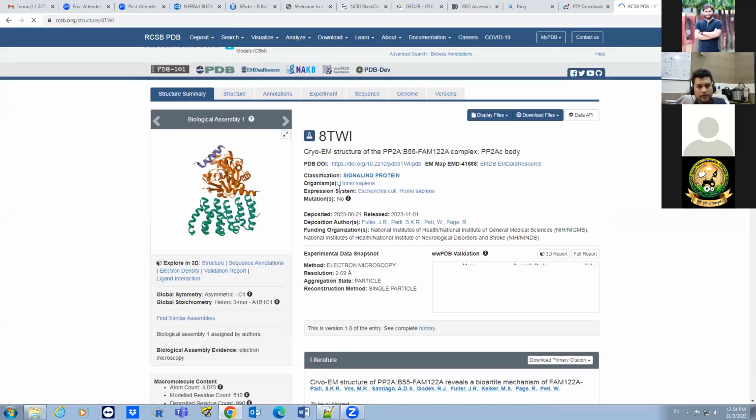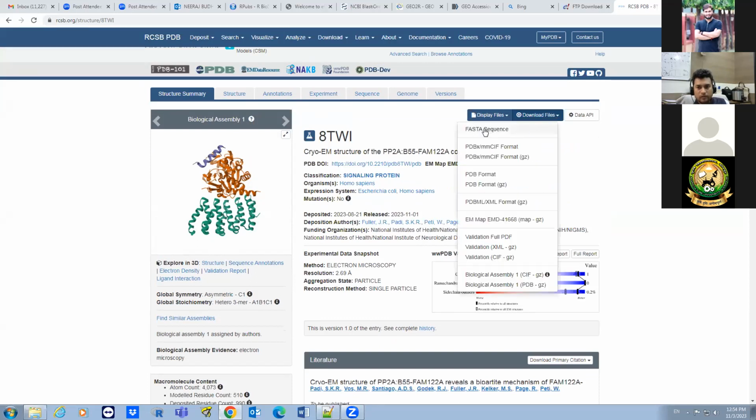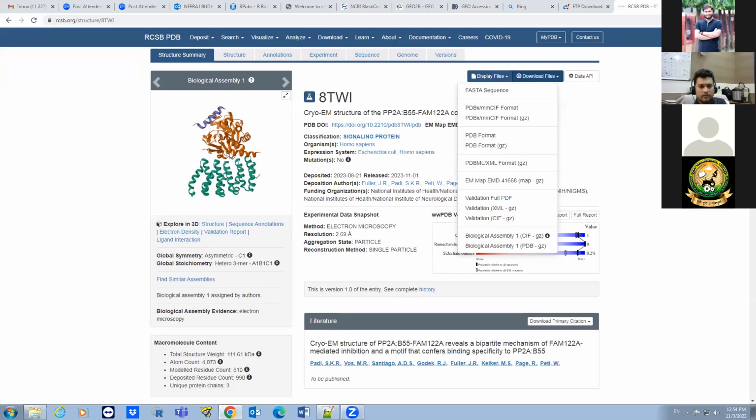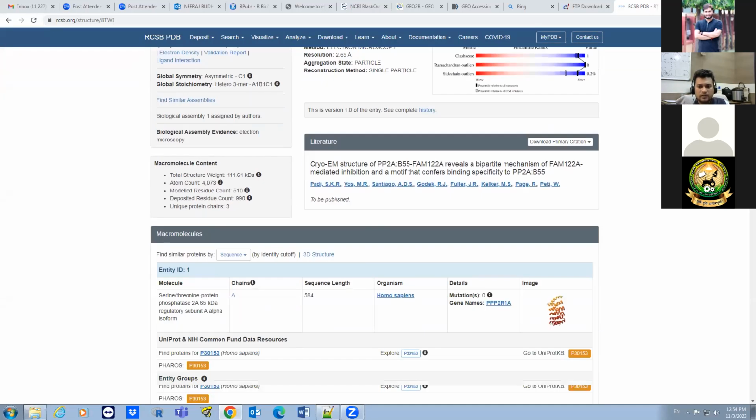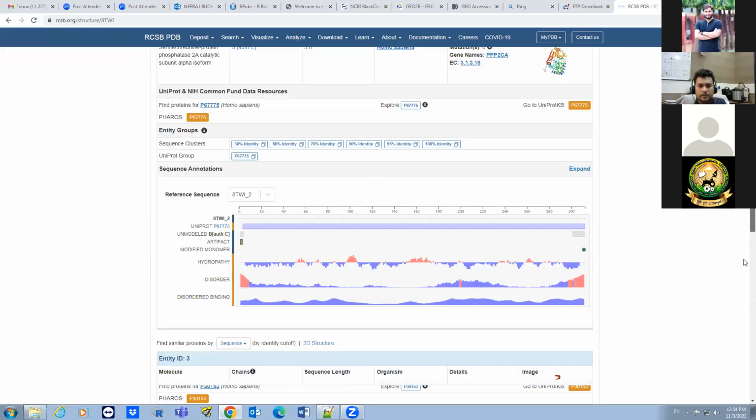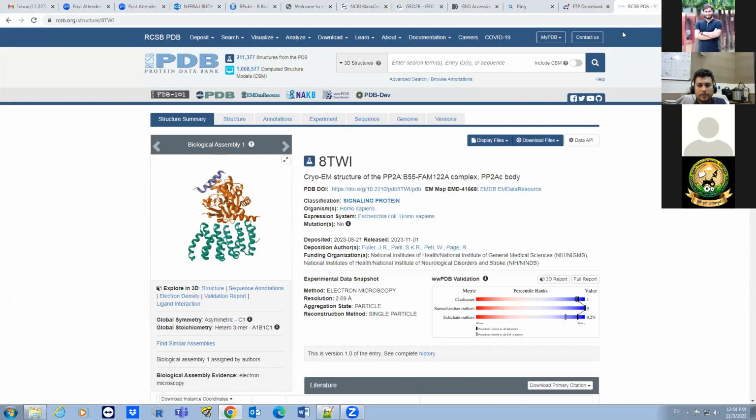You will find all the details, the PDB file, all its experimental details, and other parameters. You can see display and download files. You can download the FASTA sequence, PDB format, and a number of other formats. So in this way, PDB is also a very important resource.